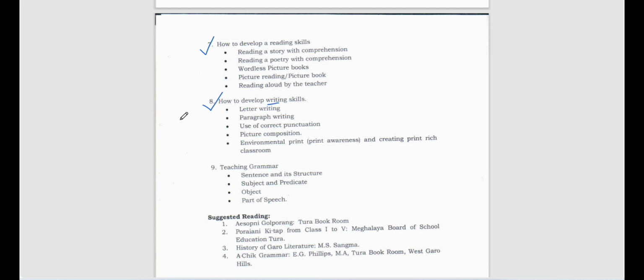Then picture composition. Picture composition also we have studied. Then environmental print or print awareness and creating a print-rich classroom. Now what happens? A print-rich classroom means that these days, whenever you go to a classroom, you will not see an empty wall. Different types of pictures, different types of charts, different types of print-rich materials are hung on the walls of the classroom, right? Why? So that